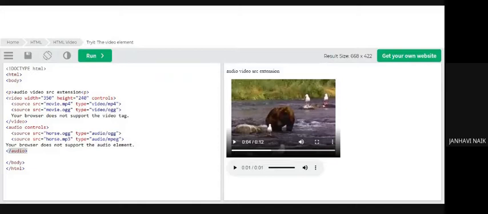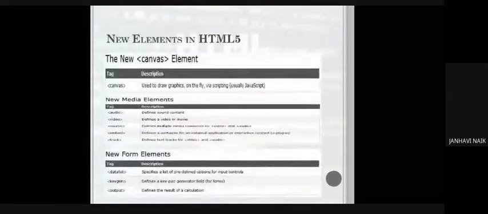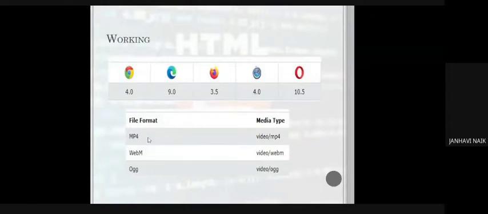This is the extension. Okay, wait, I'll just share this tab. See, file formats: MP4, WebM, OGG. These are the different formats accepted by your browser version.